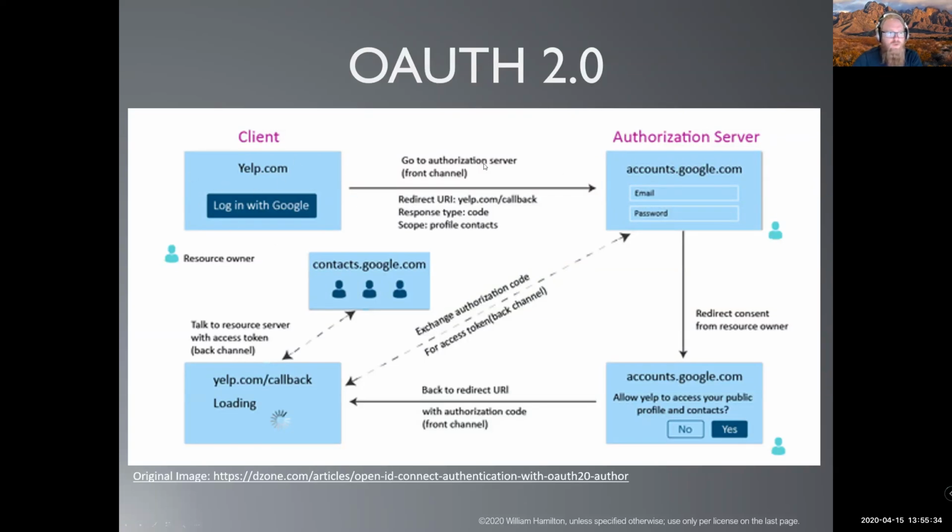Say I want to log into Yelp using Google. Yelp redirects me, along with some data, to the Google authorization servers, where I'm presented with a login prompt and provide my username and password. If I'm asking for particular data from that service, it'll then send me to a page asking what permissions I want to give the service to access. And then once it's done